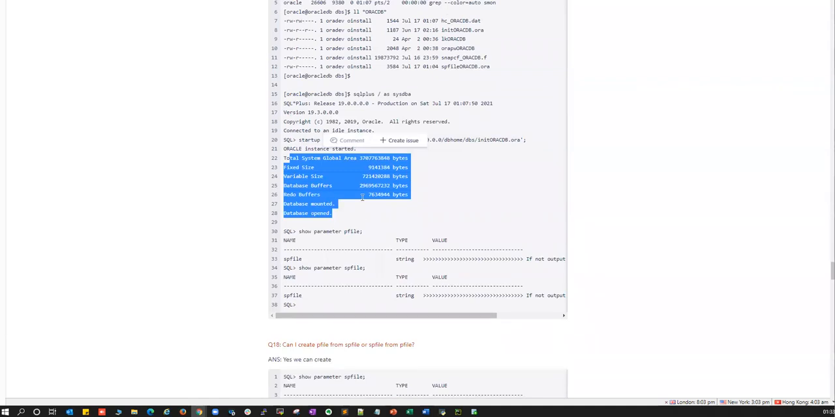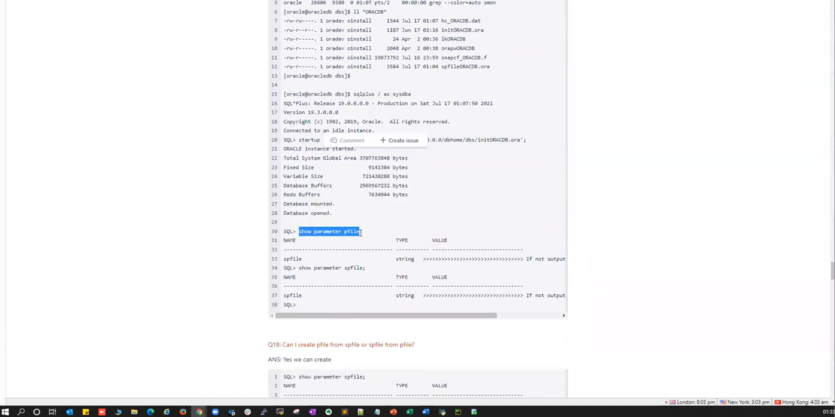And then once your database is started with the pfile, if you do show parameter pfile or show parameter spfile, you don't see any output here. If you don't see any output, it means your database is started with your pfile. Right, so that's